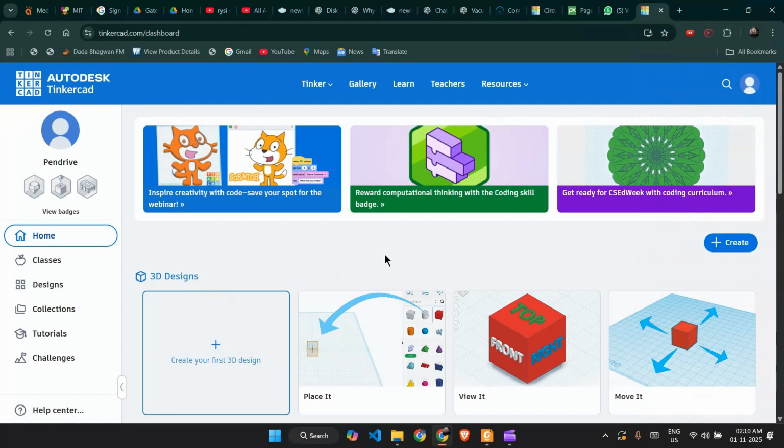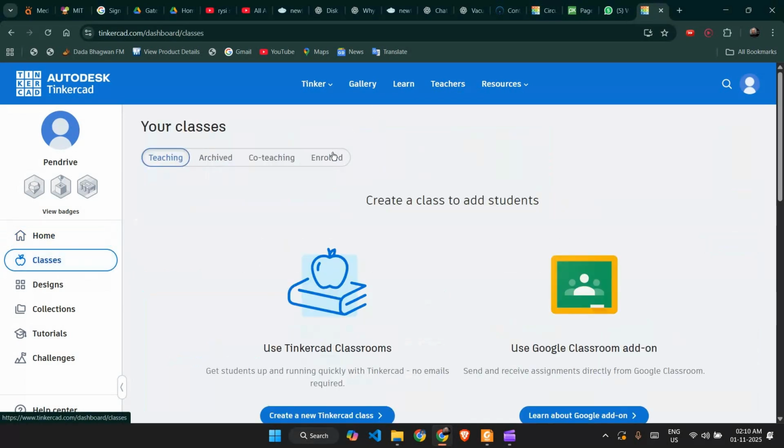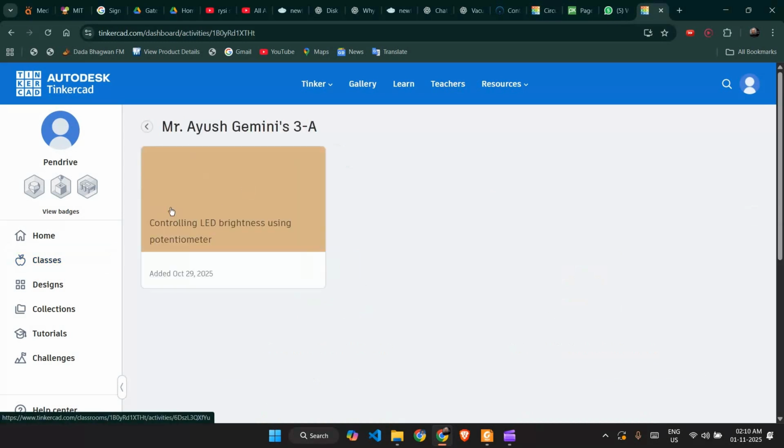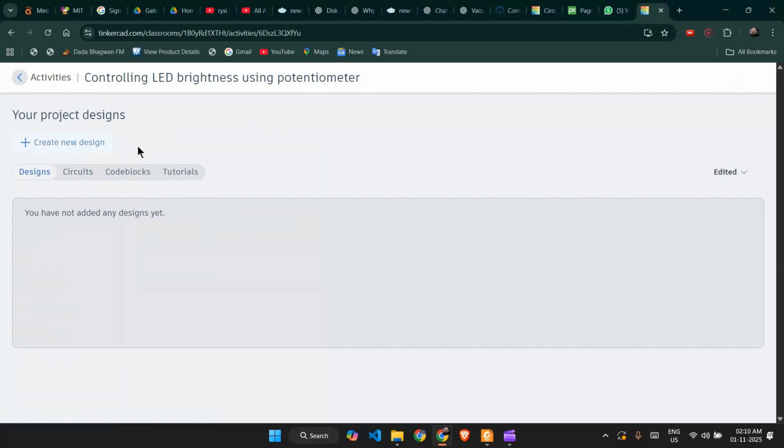Please make sure that if you create any project using this plus create button given in the home section, then your project will not be visible to me. So if you have to submit any activity, then make sure you go to classes, enrolled, and here you click over this activity and then finally use this plus create button, else it will not be visible to me. Okay, so